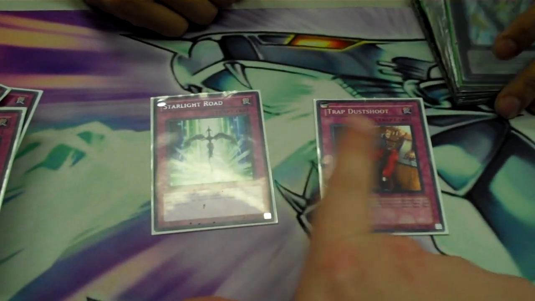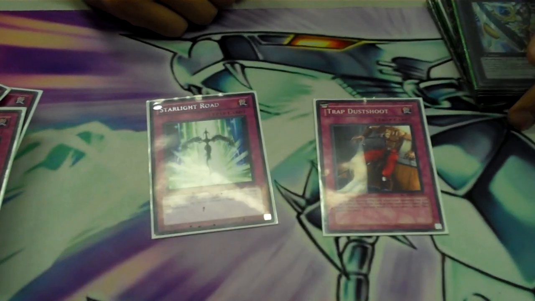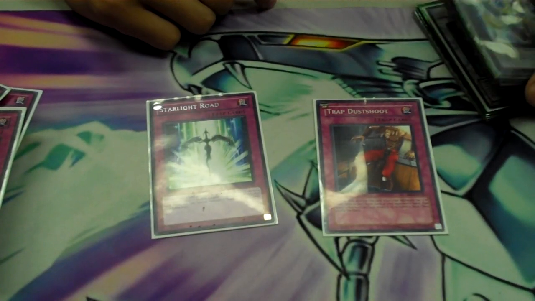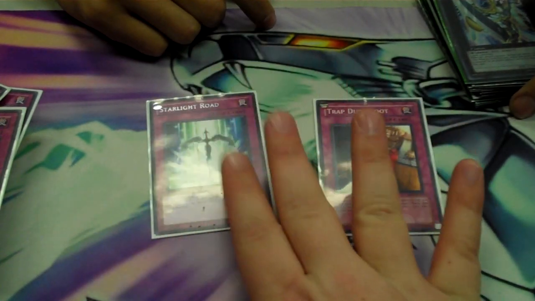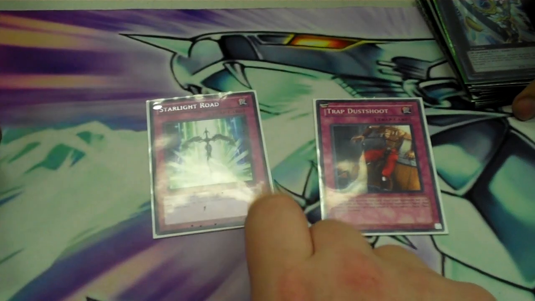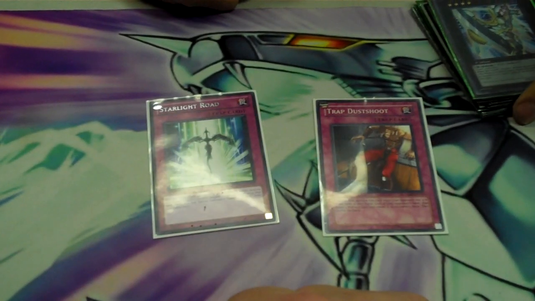A lot of people are going with this, but why are you choosing this over Starlight Road? Are you setting a lot of back row? Yeah, I gotta keep my Calls safe and my Phoenix Chain. This stops Black Rose, Heavy, Dark Hole, a lot of popular threats. So yeah, and then like this...